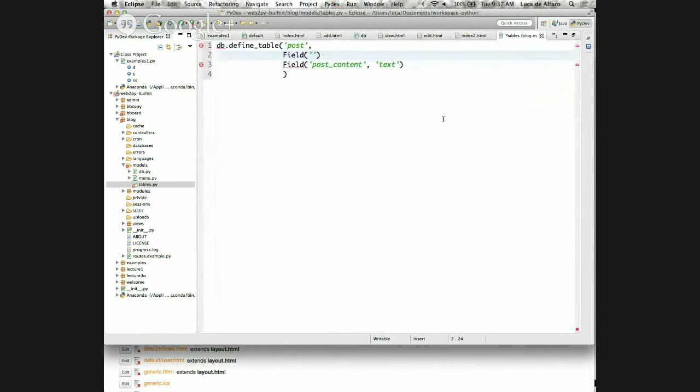Fine. So Field the title, okay, and post content, and then we could use an author field, yeah, whatever. But let's just leave it to these two fields for the moment. Okay, now I want to define another table that will contain the comments.